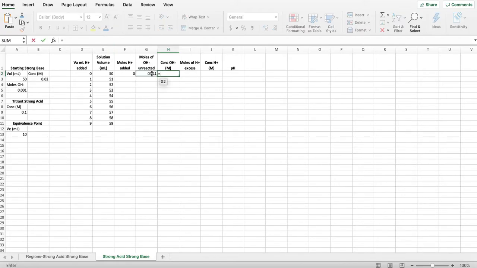It's going to equal moles divided by volume times 1,000. And now we have another if statement, another conditional statement. So it equals if, and our logical test is the same as before. If the moles of OH minus minus the moles of H plus added,